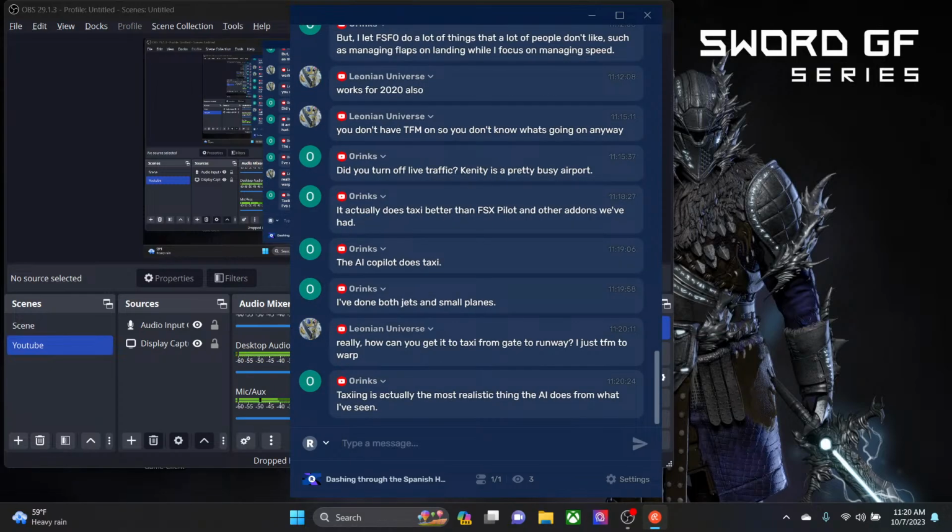Taxiing is actually the most realistic thing the AI does from what I've seen. Damn. Okay, that's interesting. Probably not VATSIM worthy, but